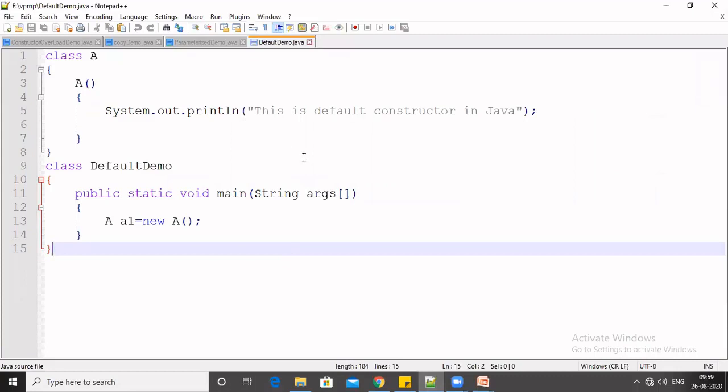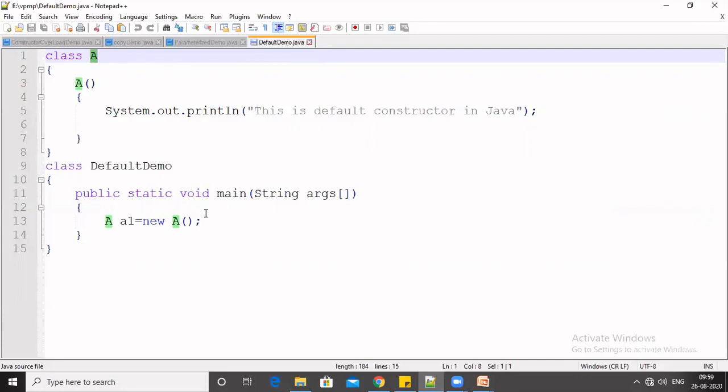Okay, this is the default constructor type. I have already created this example. In this example, I have created one class. The class name is A. Based on the class name, I created one constructor, and the constructor name is the same as the class name. This constructor only displays a message, that this is the default constructor in Java.